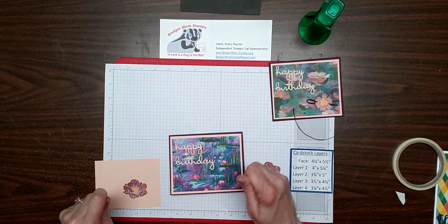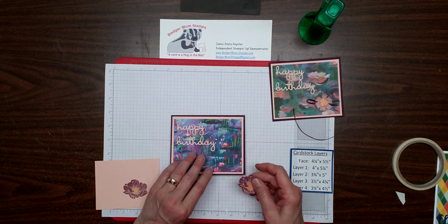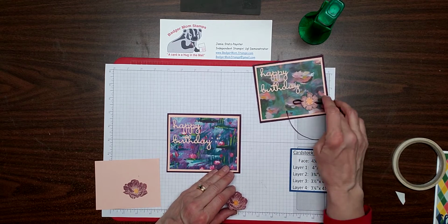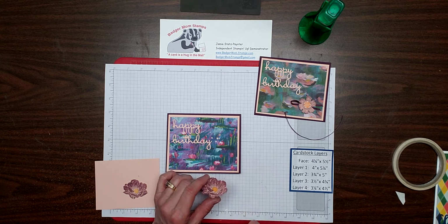And then I'll put that away for later. Next thing you've done, and you may want to stop for just a second, is I have taken my cardstock, and you can either have this image where you've got a flower like this, or one like this, and it's on a white sheet of, or the petal pink paper. And then what you're going to do is cut it out, which I've already done just to save a little